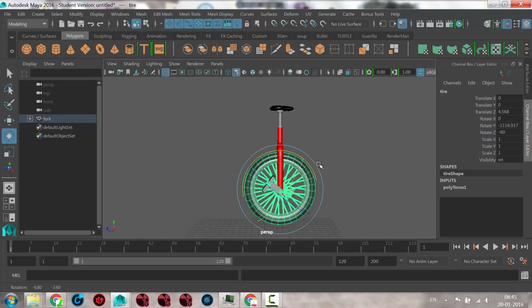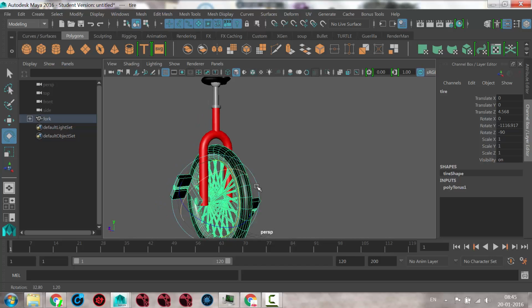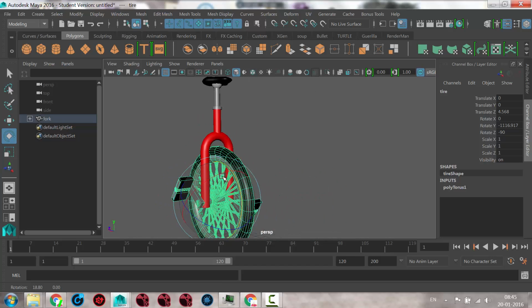There's a lot of different ways. It's sort of weird proportions, right? Yeah, this should be thicker. Anyway,